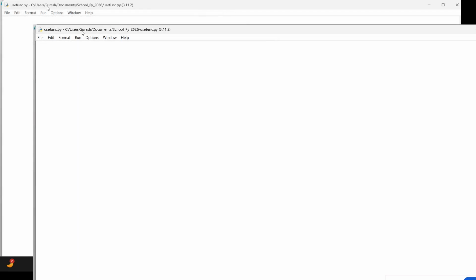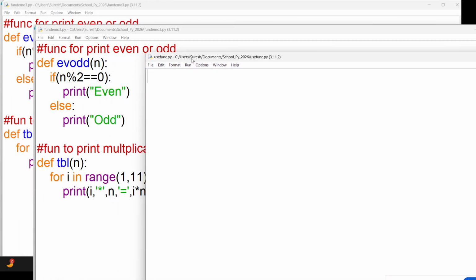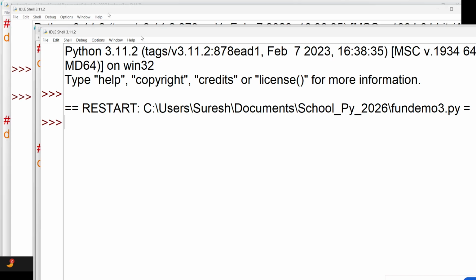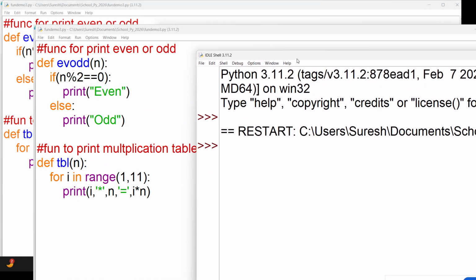So the first file name is function demo3, and the second file name is use function.py. If the same file I'm running, and if I try to call the same file here, like pbl, hello.